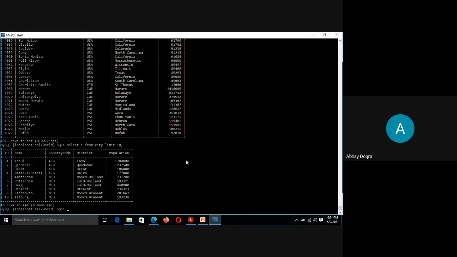Wildcards are used in Windows also. I hope you all know that, because if you want to, let's say, search for files whose name you don't remember, but all you remember is its type is docx. So how do you do it? You write asterisk.docx. If you put this in Windows search, it will display all the docx files stored on your computer, right?